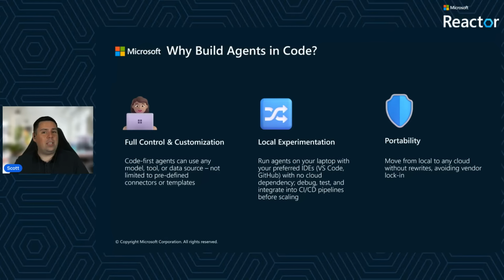The only thing I'll note here, and this is the double-edged sword of each of these, is that if we've got local experimentation, you need to have a deployment strategy. You need to be thinking about how we actually deploy an agent and run it in a reliable and scalable manner. We'll touch on this a little bit later when we look at Dev UI and some of the deployment options that we have for these agents.